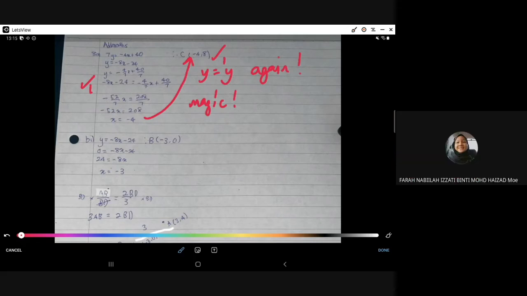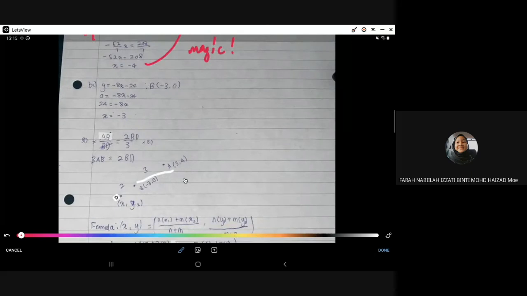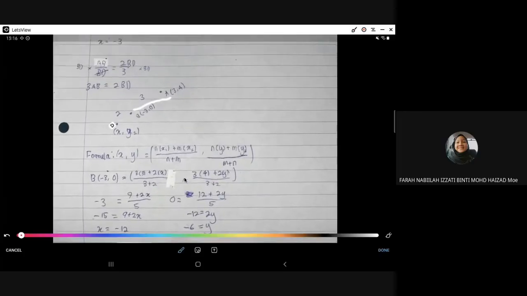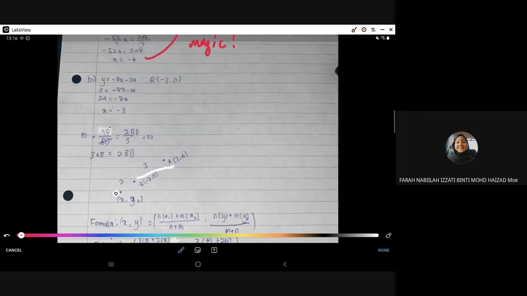Okay, so for 8B1, the question asks us to find the coordinate of point B. So first, we can already suspect that we have to use the formula of coordinate. So we find the coordinate of point B first because we want to know its value of x. So we substitute in the value of y which is 0 into any equation, and then we will find x is equals to negative 3. So the coordinate of point B is found. Next, the question also gave the ratio of AB to BD, and then we just cross multiply, and then we will